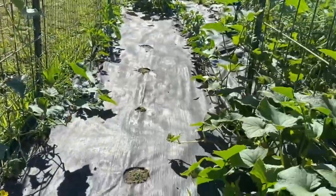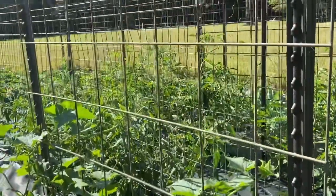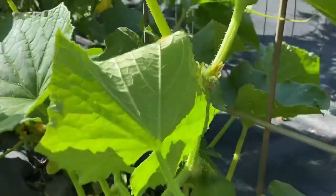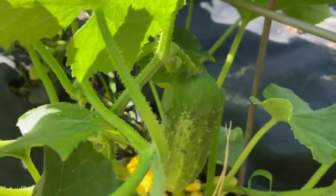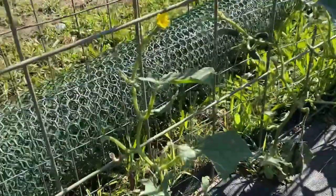Now my cucumbers are doing great. I have some small cucumbers. Pat likes them, and I'm going to make pickles out of them. And then some of the larger ones. But here's one. I just picked 2 of these yesterday and 2 of the larger ones that I'll pick tomorrow. But if you notice on this side,